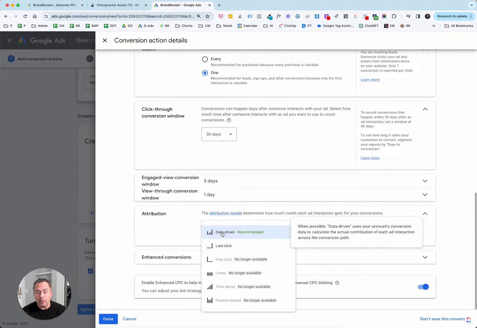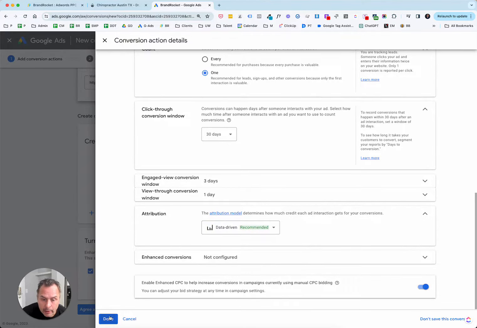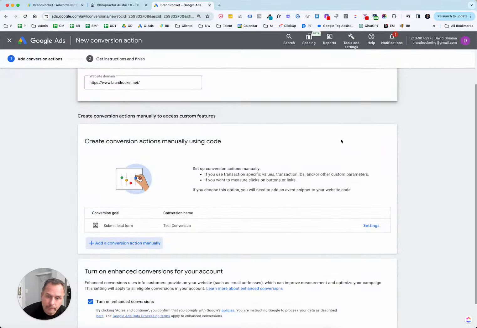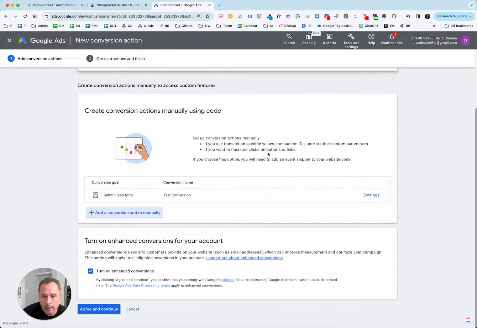So people don't just buy in a linear fashion. They're usually jumping around, and they might click on a Google ad and then a Facebook ad and then search you organically. And there's a lot of different ways that they can get you before they fill out the form. And data-driven takes all of those touch points into consideration. Okay, I would leave it as data-driven. All right. So once this is submitted, we will, at that point, let me see here,